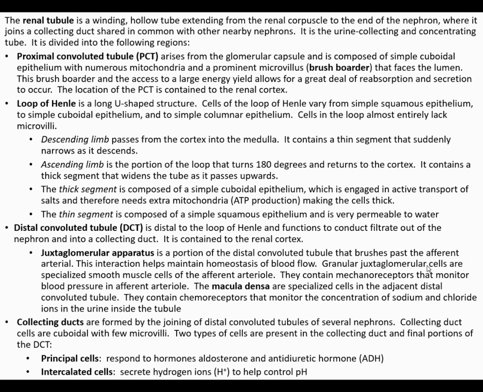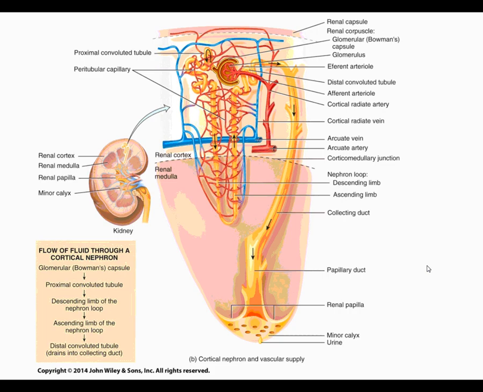It's called a jumbled up mess, basically. And that's what convoluted means. Here you can see what I'm talking about. Here's our corpuscle. We don't see the podocytes, so we can actually see the capillaries, the glomerulus here. Here's our afferent arteriole where blood's brought in. We filter it out here in the corpuscle, and then it filters out into, or drains out into, our proximal